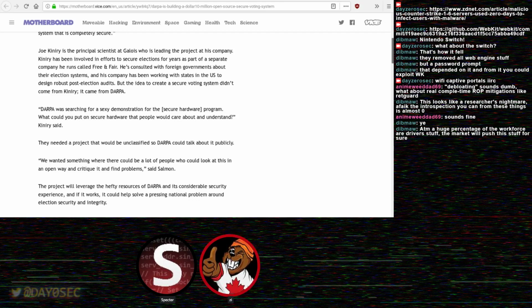But to talk specifically about the DARPA thing, they're focusing on both open source, presumably secure software. Making it open source is key to that. They're going to allow it to be inspected, all of that, and also open source and secure hardware, giving some way of verifying that the software that's supposed to be on there is actually running, and that the hardware is actually doing the right thing. A lot of the concerns come down to people being able to compromise the voting machines, and they're trying to tackle that. I'm not sure if this is necessarily the best solution, but they're making an attempt at solving that problem.